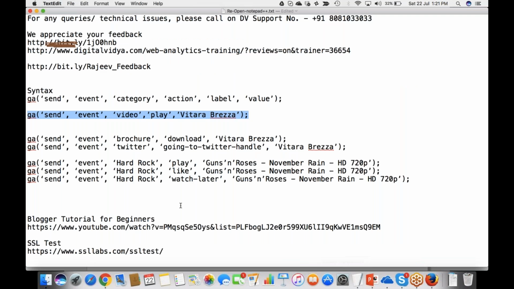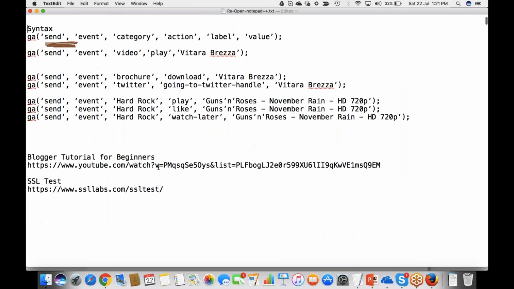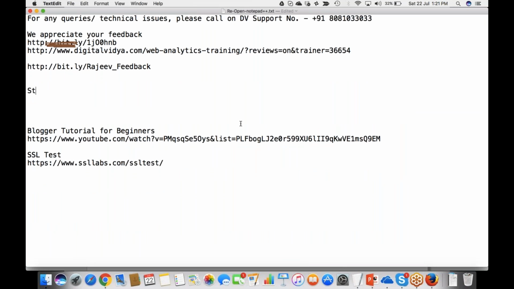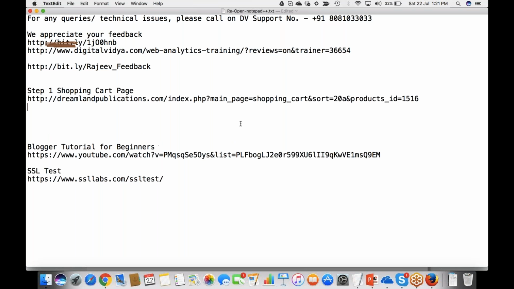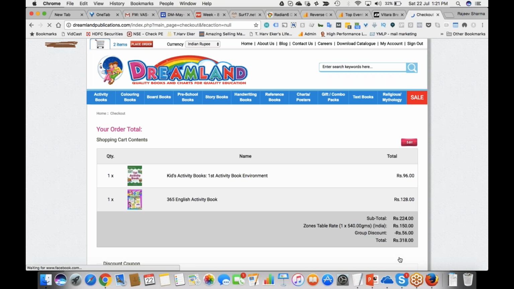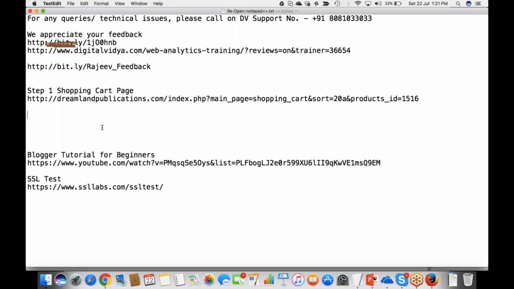So what I do, I'll say over here, step one, shopping cart page, and this is the URL. Then I keep on adding, and when I'm done adding all the items in my cart, I click on go to checkout. Okay, it takes me to the checkout confirmation page. Technically speaking, it's a checkout confirmation page. I'm copying the URL and I'm pasting it over here. This is the step two, isn't it? Checkout